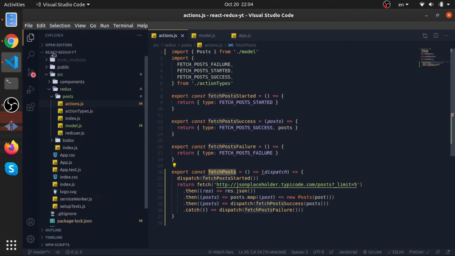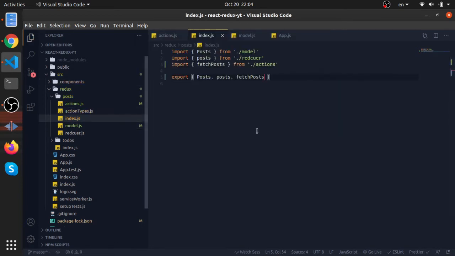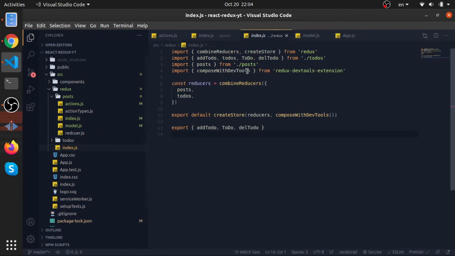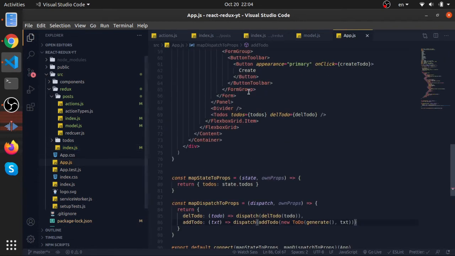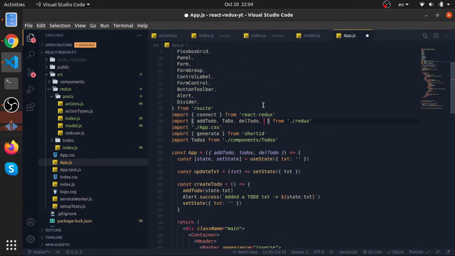And this needs to be imported in our app.js, so let's export it from here. So go to our actions, import this and export it here. I just formatted the code really quick and go down to our Redux, the index.js there, and import this function or this asynchronous action creator here, and let's go to our app.js and it's imported from the Redux folder, and